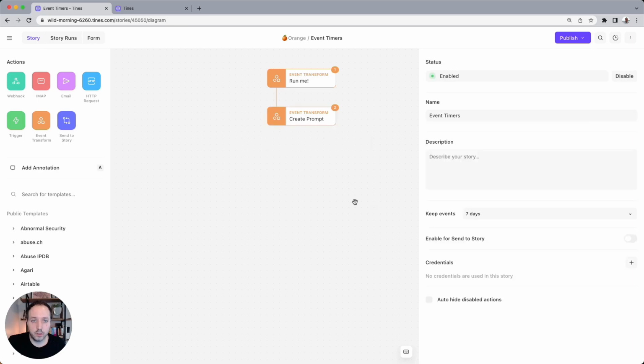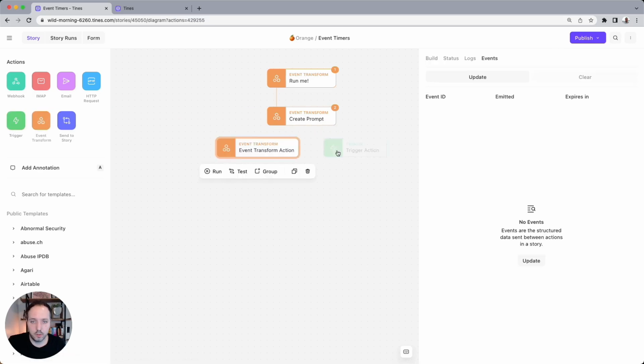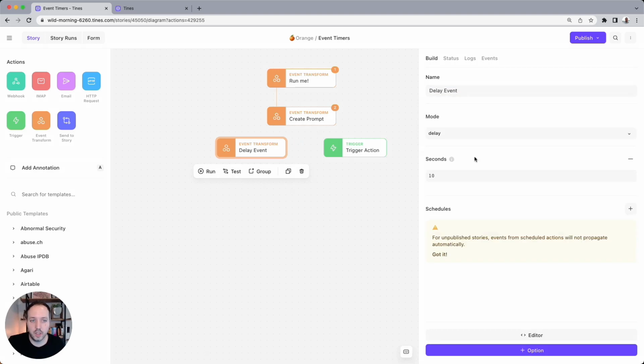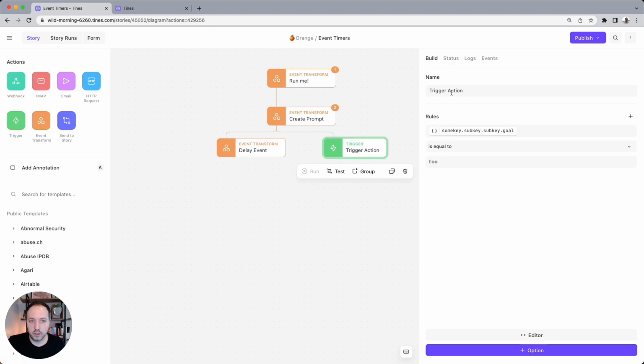So to use this further in a story, I want to take two separate actions. And I'll drag on these two actions right now. So the first path I want to take, I'm going to call delay event. This will serve as my timer, the amount of time that I'll give a user to reply back to that prompt. For right now, I'll just leave this at 5 seconds. I'll link that up. And then I'm going to catch to see if a user responded by clicking on the link. So user response.